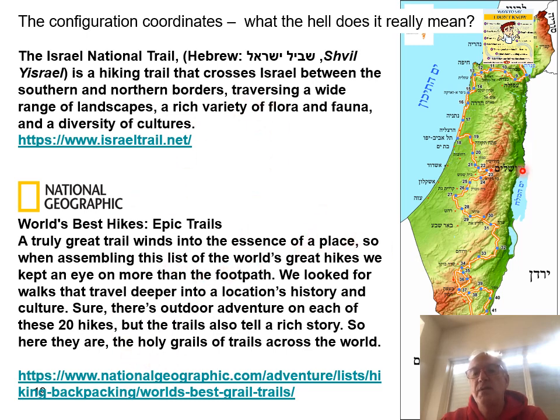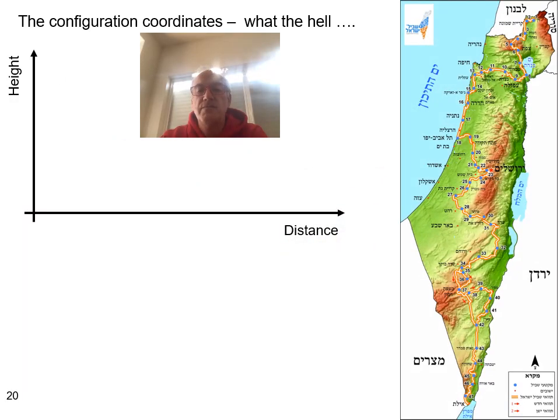But this map doesn't look at all like configuration coordinates, because first of all, it doesn't have the same layout. So if I try to illustrate what the configuration coordinates sometimes mean,